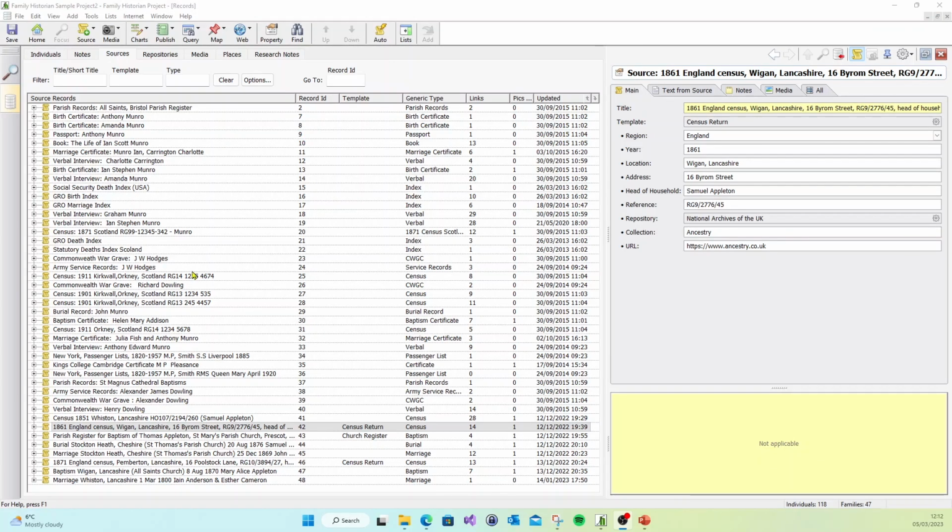Let's take a look at the source types in Family Historian. So I'm looking here on the record window at the Sources tab, and we've got the list of sources here. There's a column, this is in Family Historian 7, which says template, and looking at this column I can see that all of these source types here are all generic, but we do have templated sources for this source,